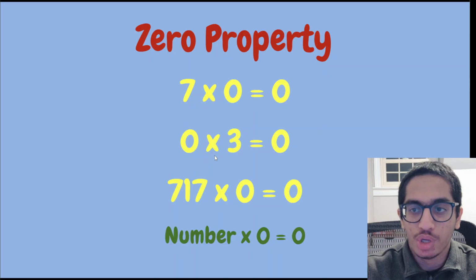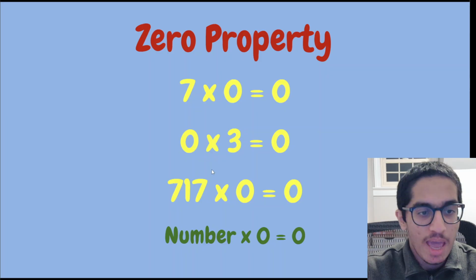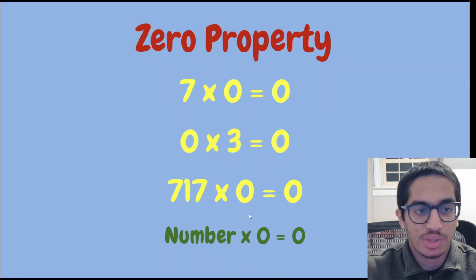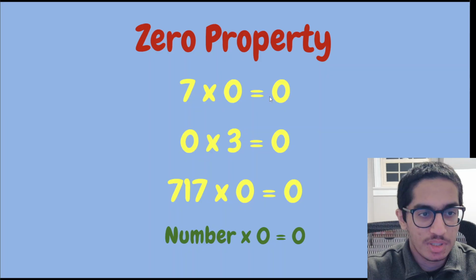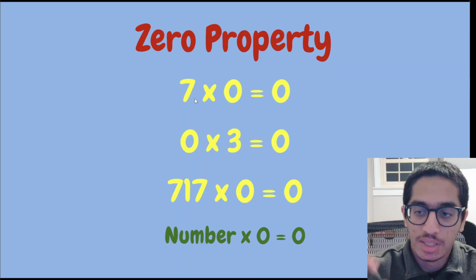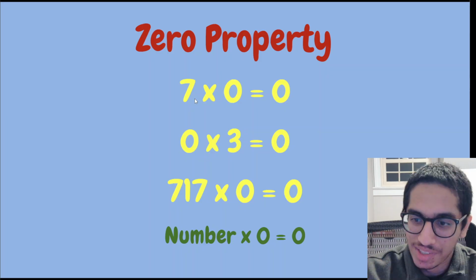Another property that we should know is the 0 property. Any number multiplied by 0 gives us 0. Think of it this way. If we take 7 times 0, then what are we doing? We can think of it, if you take the number 7 0 times, we're taking nothing and we're left with